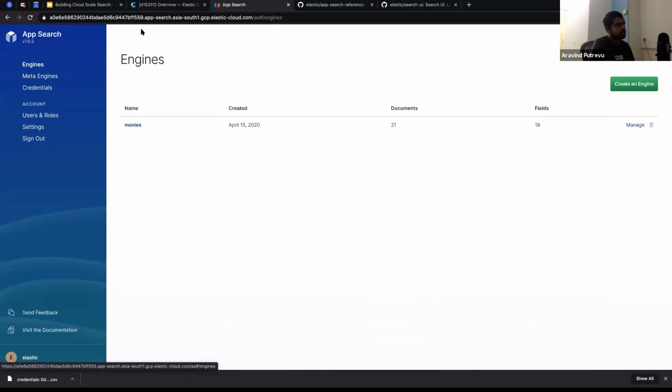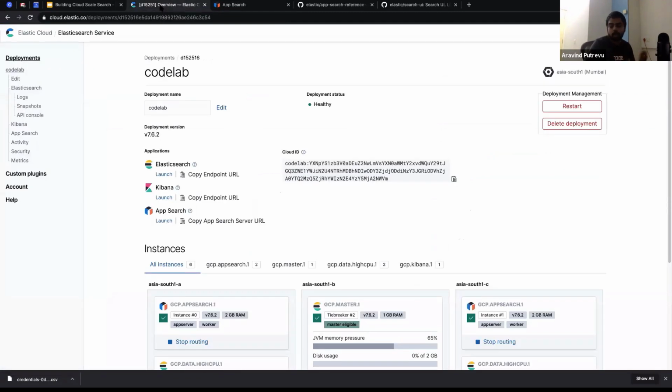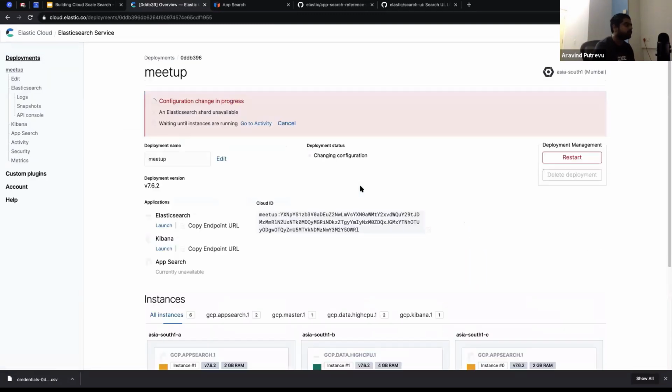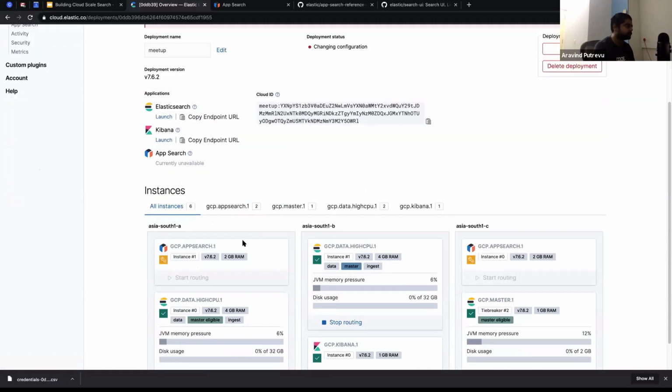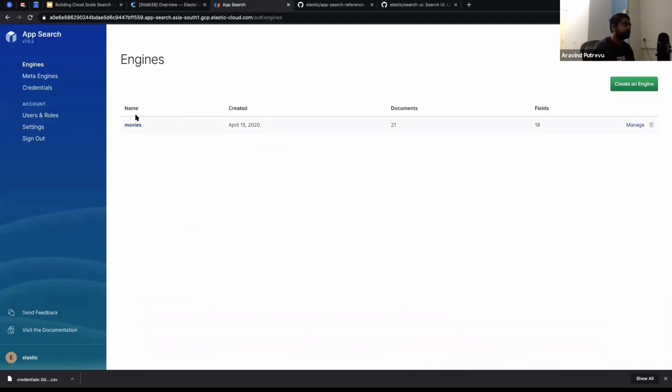In some cases, you'll also see the onboarding experience, wherein you can create a search engine. So let me see if I could show the onboarding experience itself. It generally takes roughly 3 to 4 minutes to spin up the cluster. That's why I have this one open. So you just have the username password, and then you could simply log in, and then it shows the UI. So unlike Elasticsearch, App Search lets you manage things as search engines rather than indices.